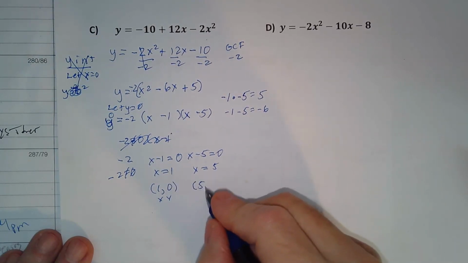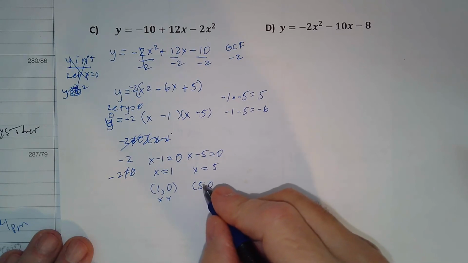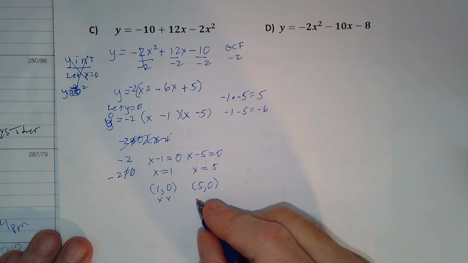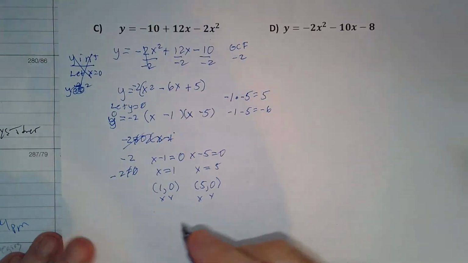And this is (5, 0). I'm sorry, yeah, (5, 0). And so those are the two x-intercepts. Now the y-intercept,